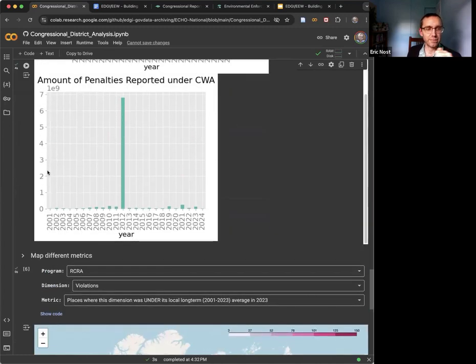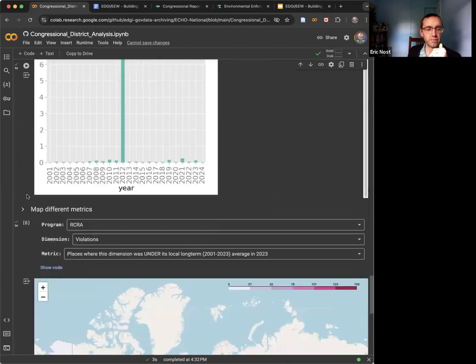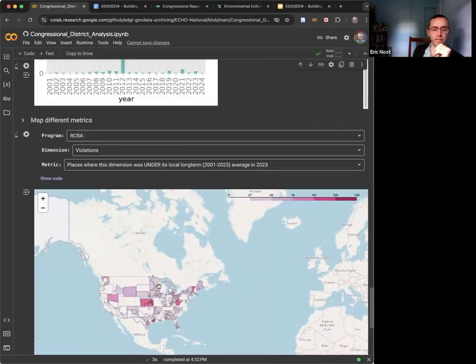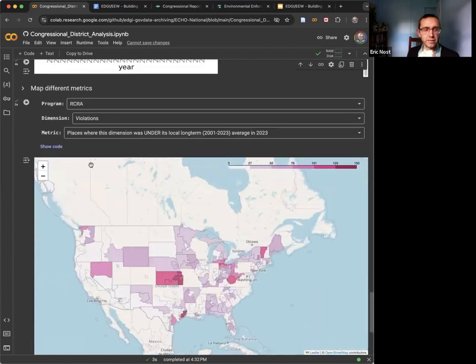So what does that look like spatially? These are national trends over time. Let's map these out using different metrics. This first one that we're looking at is actually RCRA violations, and where we have places that recently were under the long-term average. So basically places where we're seeing fewer RCRA violations last year, 2023, than we saw on average over the past 20 plus years. So that's places like Kansas, Vermont, certain parts of Iowa, Midwest,